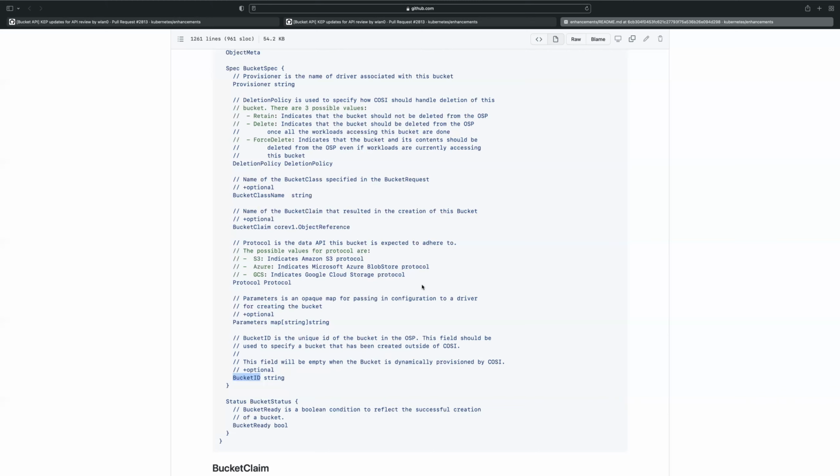So I think having the bucket ID be reflected in the status is a lot less confusing for users. And when it appears in the status, it implicitly suggests that the bucket is ready, or at least exists in the backend.